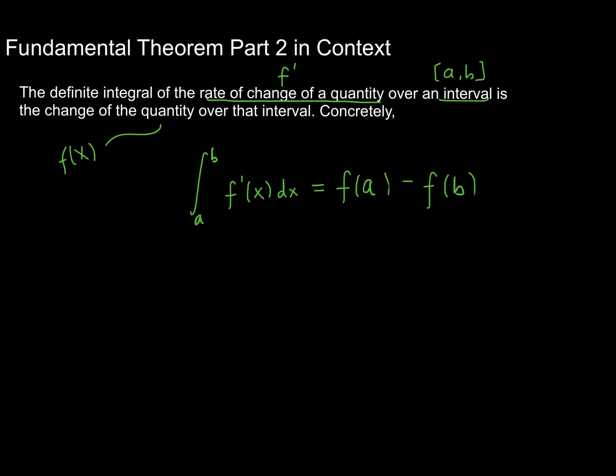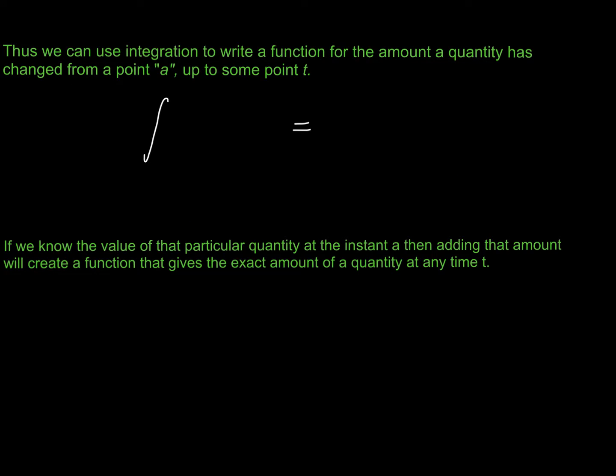So let's take this now and extend it a little bit so that we can more easily build things that will help us out. Using this concept, we can apply integration to write a function for the amount that a quantity has changed from a point A up to some point t. Let's start by representing that in terms of our function f. So f measures the amount of the quantity at any time. So the amount it's changed between a and t is going to be f evaluated at t minus f evaluated